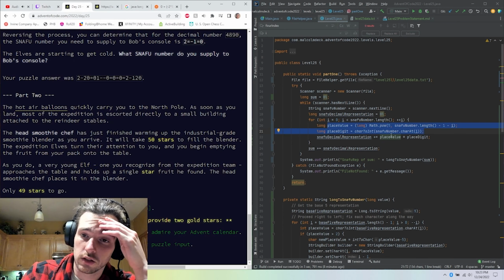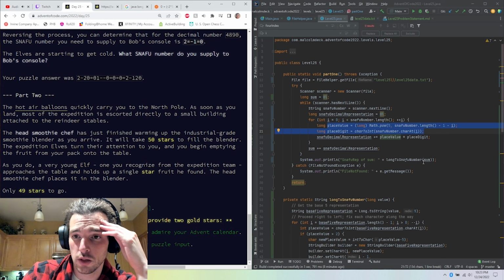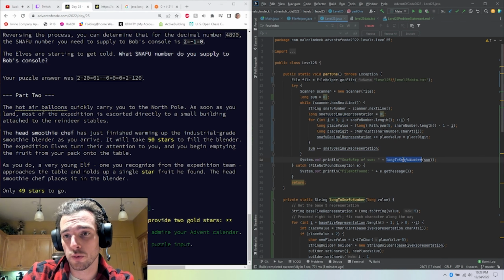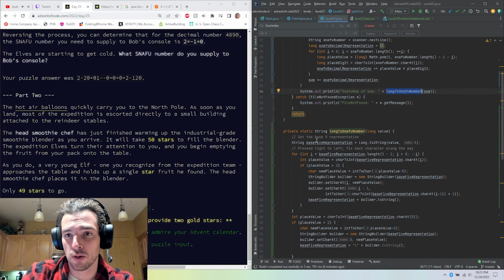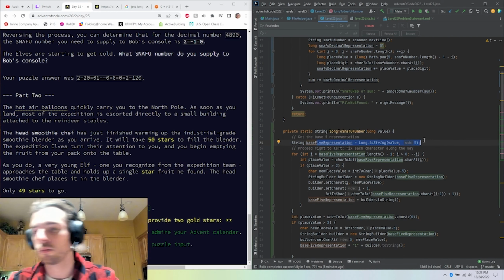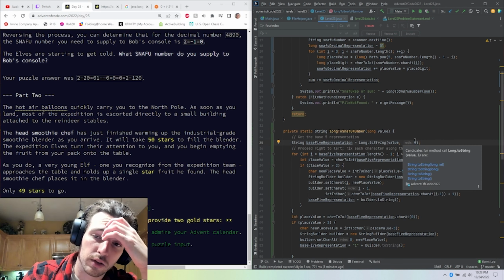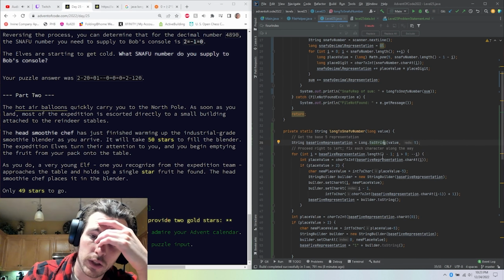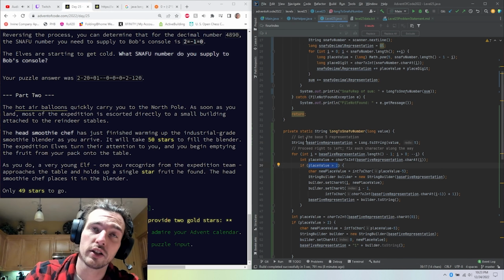And then once we do that, we add all the numbers, and once we have the sum, we just need to turn this into a snafu number, which is a base 5 representation, except it's a base 5 representation without 3 and 4. So what we need to do is replace all the 3 and 4s, so if anything is greater than 2, because sometimes you'll have a 4 and you'll add it to it, so then it's a 5,